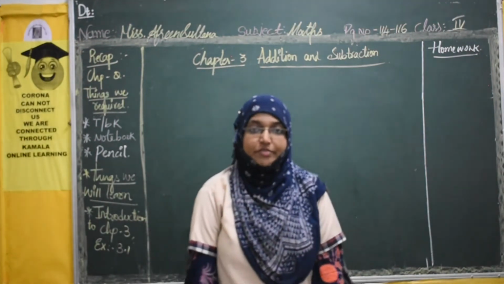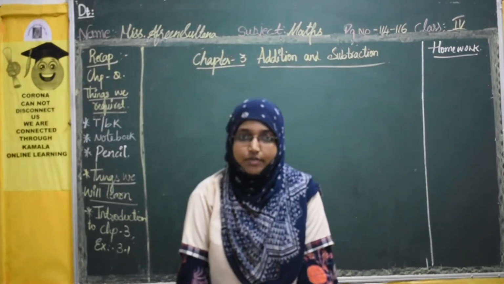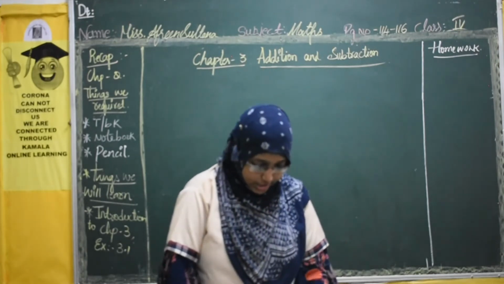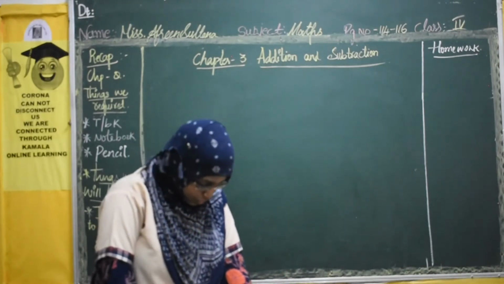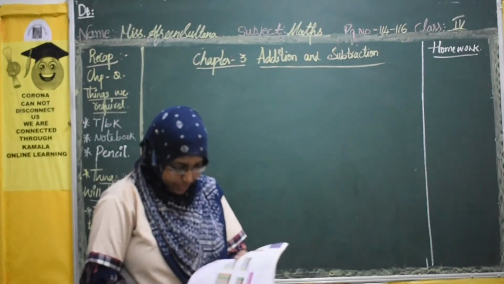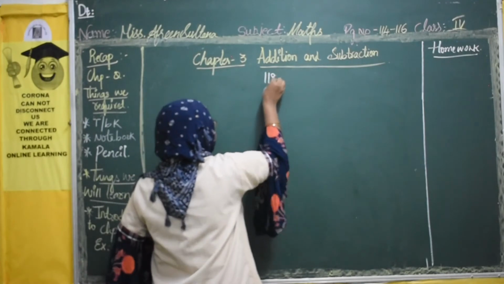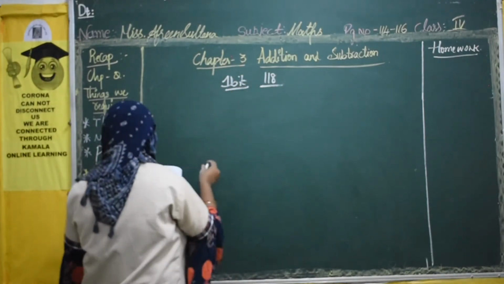See, in each bit, whenever I am doing 2 bits, the next 2 you will solve. So there itself you leave the place and you solve your sums. Okay. See, exercise 3.1, first and second bit we can easily do in our term book. So open page number 118, 118. Okay. First bit. See what they have given.